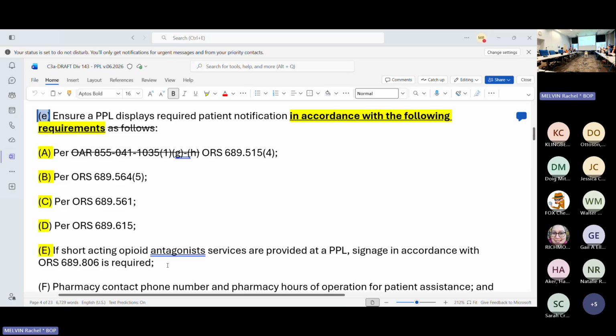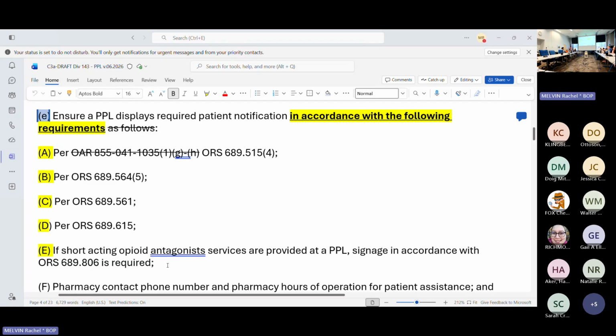If the pharmacy decides to set up a locker, we don't know what's all out there, maybe they have a locker PPL style function on one side and more of a kiosk or vending machine set on the other side as an OTC, and they are providing that product in real time at that moment for the patient to access, they would need to have the signage requirements that are compliant with that law. Okay, and